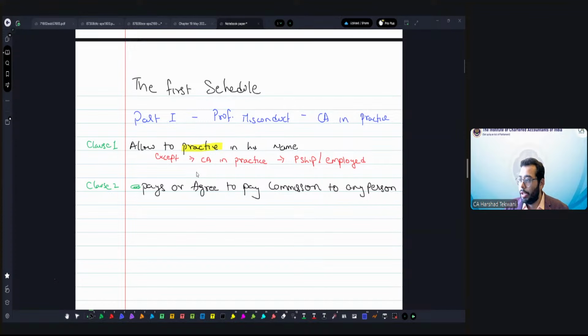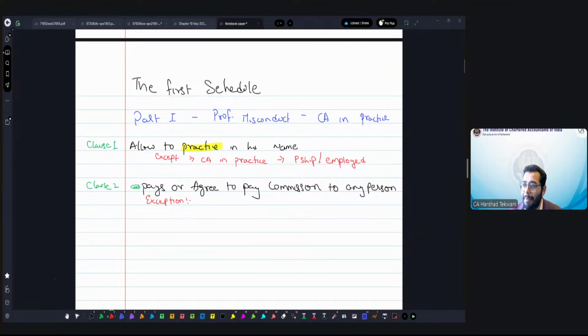Okay, now there are certain exceptions, that means that is allowed. If you pay to them, that will be fine. Now, what are these exceptions? So, the clause specifically provides that if you pay to any person other than the member of the institute, or a partner, or a retired partner, or the legal representative of the deceased partner, or